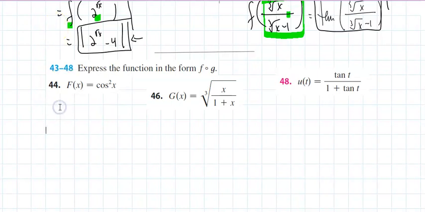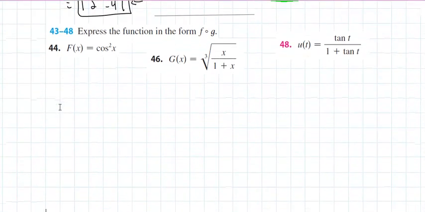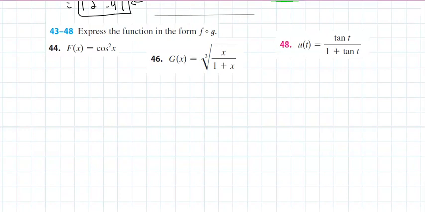Okay, now the most crucial part that we really need to get out of the way. This is very important. This is when you have a function embedded within a function. They're saying express this as a composition of two functions. The way you work this, you would write this as f of g of x, and you would always start from the inside out. That is, you choose g of x first,